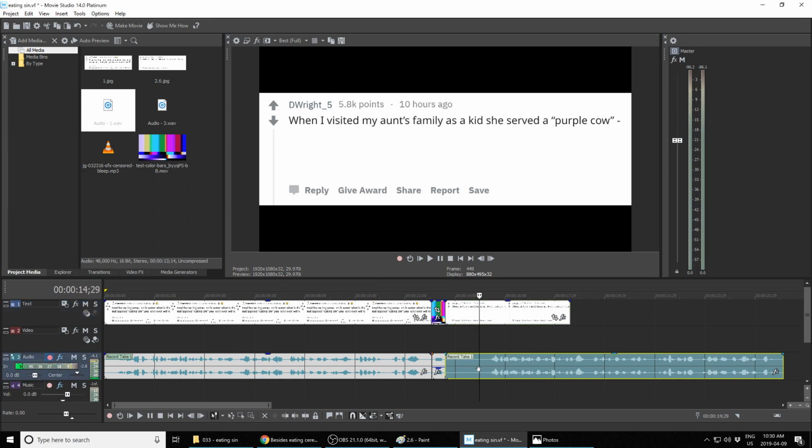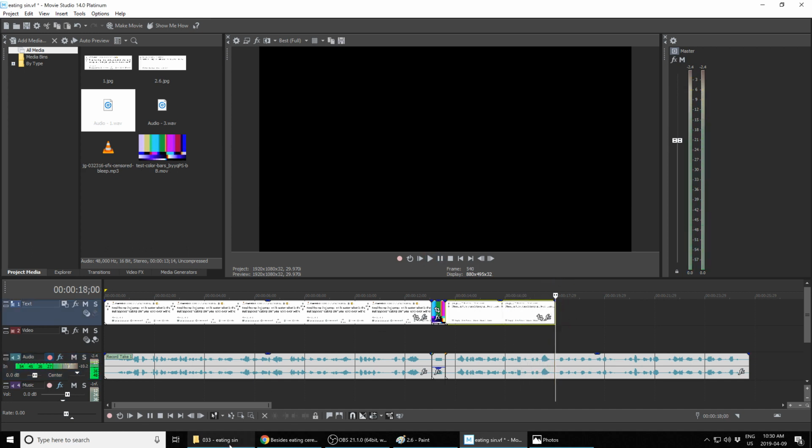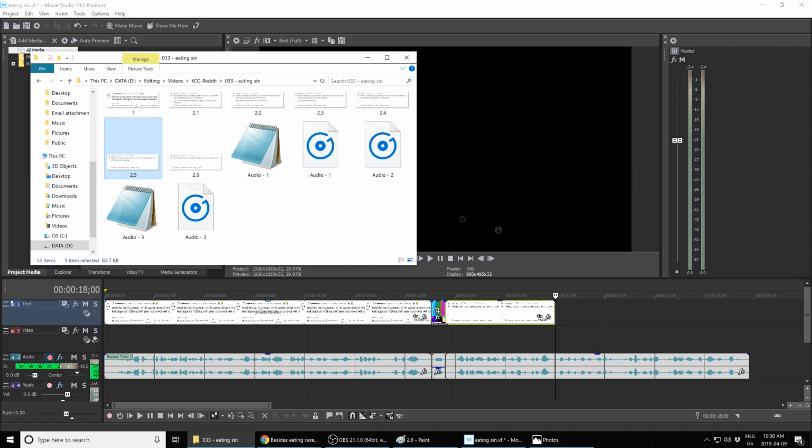Now we have a big space at the beginning here because I had to switch from one window to another. So I'm just going to split that and delete it. And now we can actually place the text. So literally what I do is I play it back and then I fit the screenshot to fit what I was saying. So when I visited my aunt's family as a kid, she served a purple cow. So that's the first comment, and then we're going to go up here and take the second one, which is